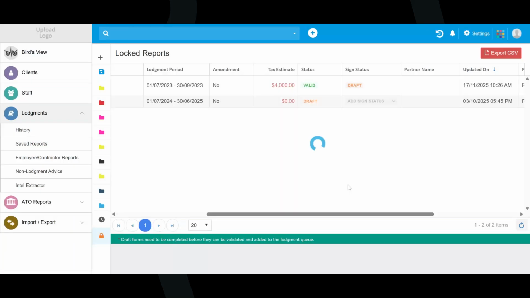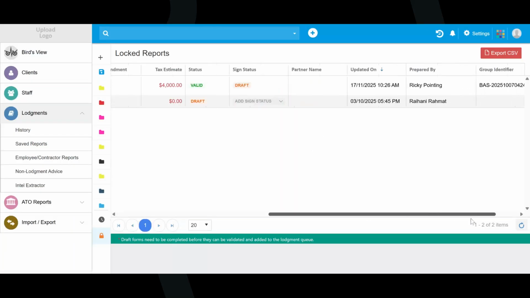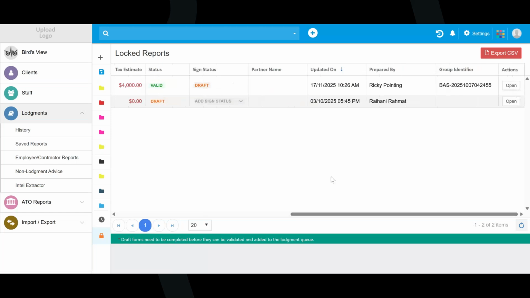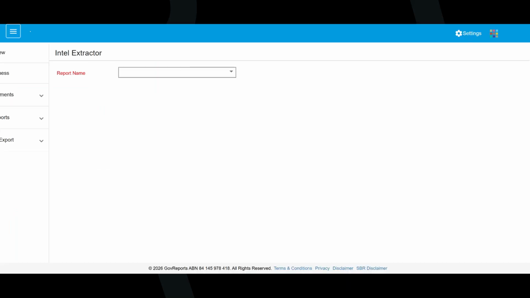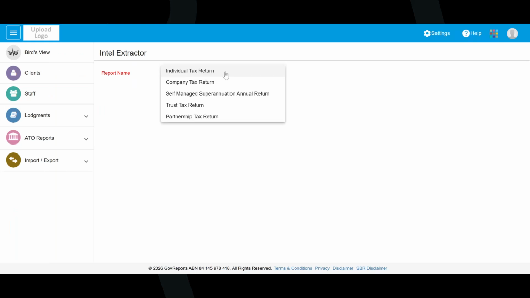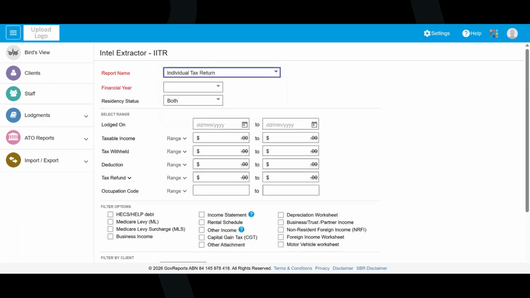Okay. Notice of the timing. So we're gonna be very quickly going to the Intel Extractor. Once you use the system for lodgement, subsequent years, you can go into the Intel Extractor and be able to sort your client or filter your clients based on the criteria, depending on perhaps, for example, if the government is going to change the capital gains tax, for example, on properties. For example, if that happened, I'm not saying it will, all right, but if it does happen and you want to go into all those clients that you've lodged tax returns for with